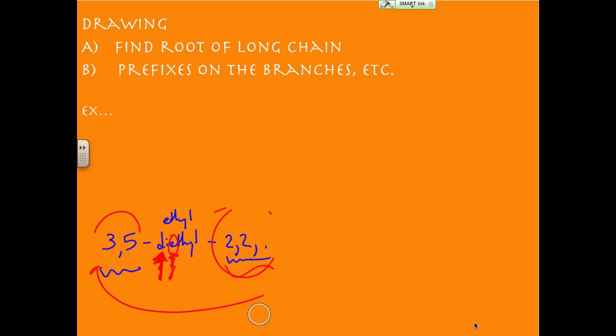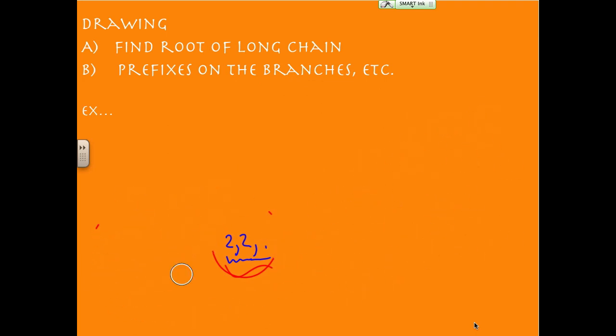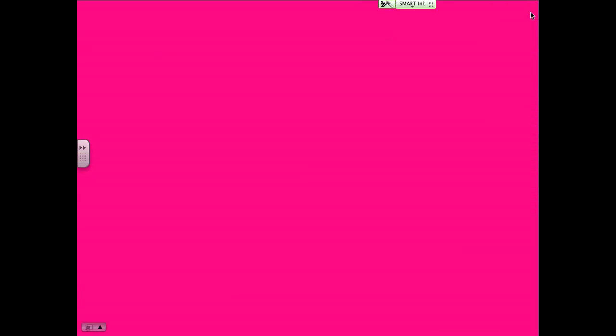Now, I just want to mention one thing real quickly. I'm not here to try to trick you, but please recognize that the longest chain might not be straight across. So if I go to the next slide here, let's say I have this. Okay? Just realize that this is not the longest chain. Okay? The longest chain would probably be